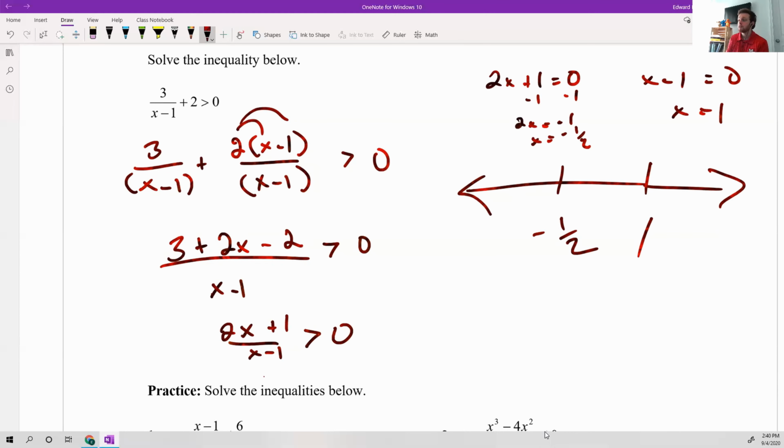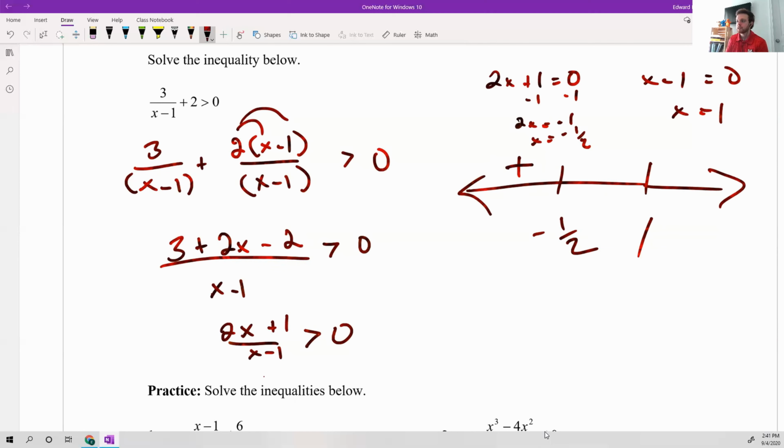Let's plug things in. So if I plug in something less than -1/2, like -1,000, I'm going to get a really, really negative number, -2,000 plus 1, divided by -1,000 minus 1. That's a negative and a negative. A negative divided by a negative, which ends up still being a positive. Cool. All right, when I cross -1/2,